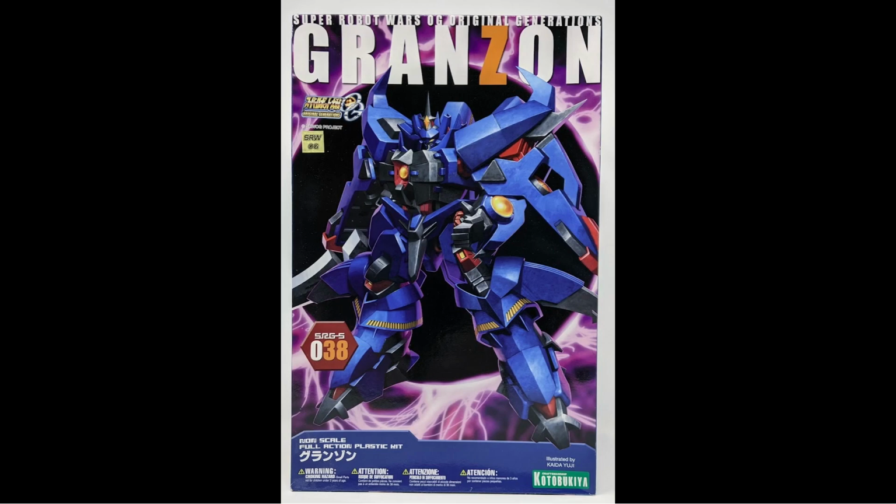Today I'm doing not quite a Gunpla review, but it's pretty close, so I'm just gonna go with it here. So I'm taking a look at something different for October, the month of spookiness, so I decided to go with what would be a scary mech. Well, I guess some people have some ideas of what a scary mecha would be, but to me,